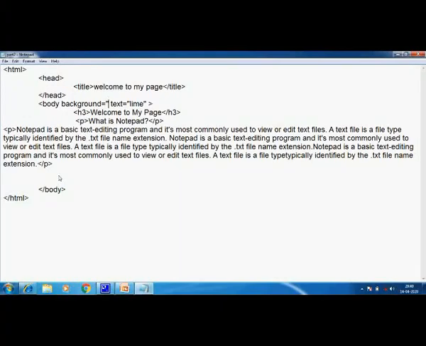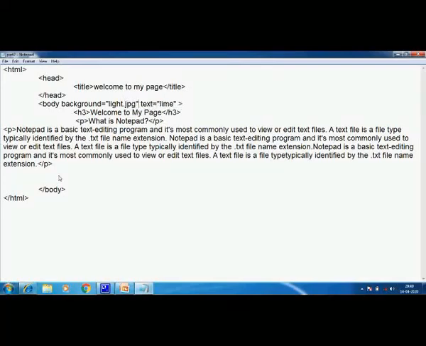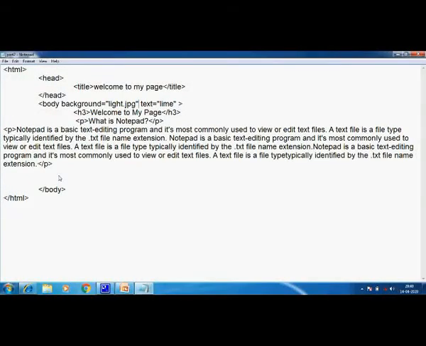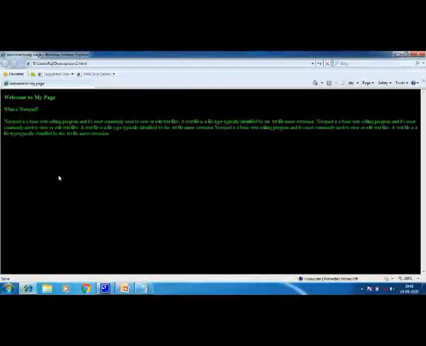So let's put light, L-I-G-H-T, light. And children, by the picture I know it is a JPG file, so I'll give the extension .jpg, right? Double quotes closed, and save it. Okay, fine. Now children, over here we have saved the file, and we will test it on the browser by going back using the shortcut key Alt Tab. Let's go back to the browser and press F5.